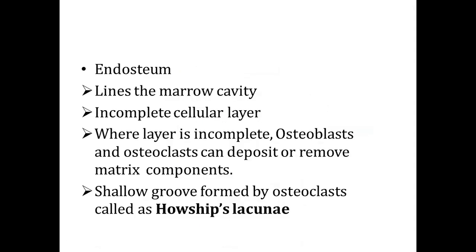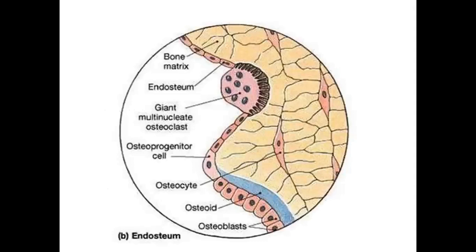Then the endosteum lines the marrow cavity as an incomplete cellular layer. Where the layer is incomplete, osteoblasts and osteoclasts can deposit or remove matrix components. The shallow groove formed by an osteoclast is called Howship's lacunae. Here you can see the bone matrix and the endosteum. From the endosteum side you can see the multinucleate osteoclast,